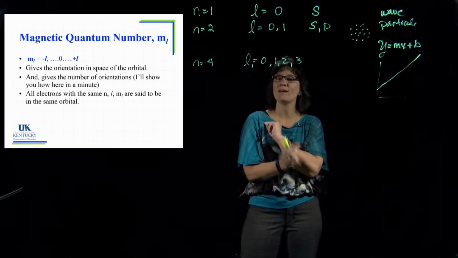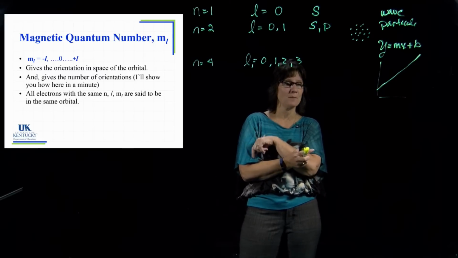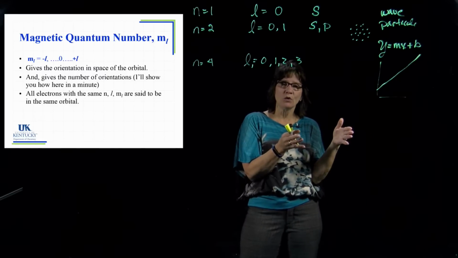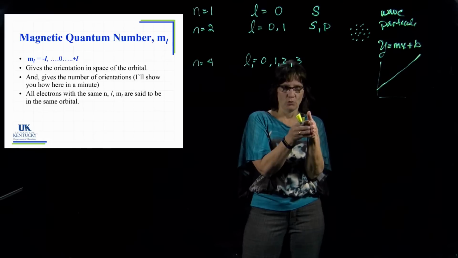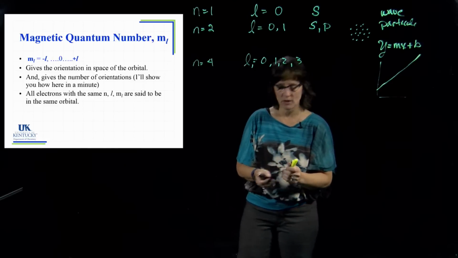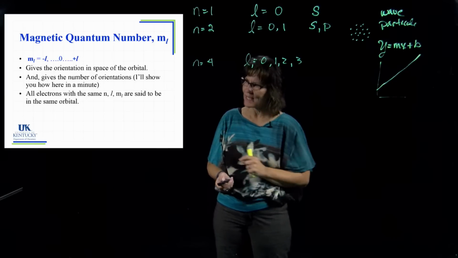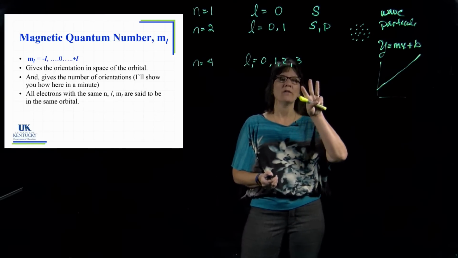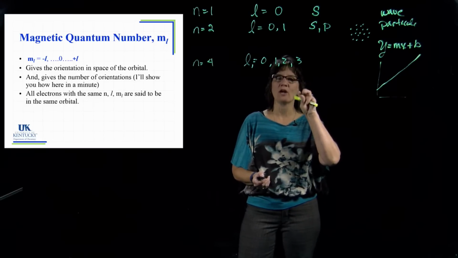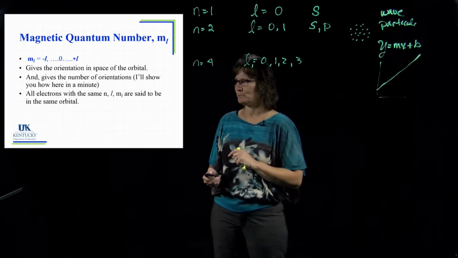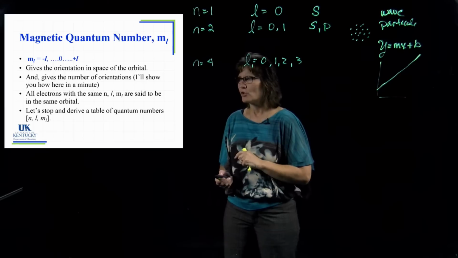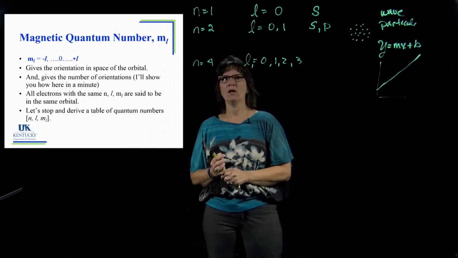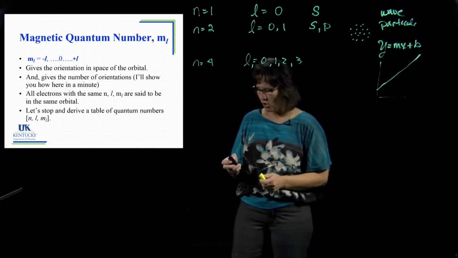And everybody else who has the same values of N, L, and M sub L that I have is at the University of Kentucky, in Woodland Glen 4, and also lives in my dorm room. So you can have people with the exact same address, and that's exactly what the electron is. Three numbers tell me where the electron is, narrowing it down all the way to a specific orbital. So let's derive all the possible values of N, L, and M sub L.